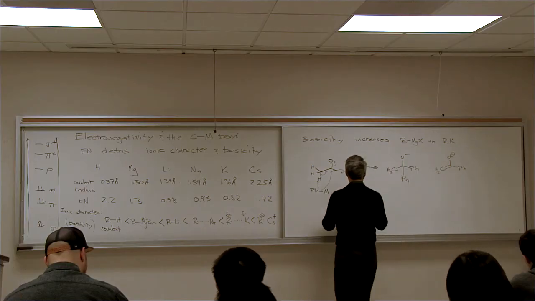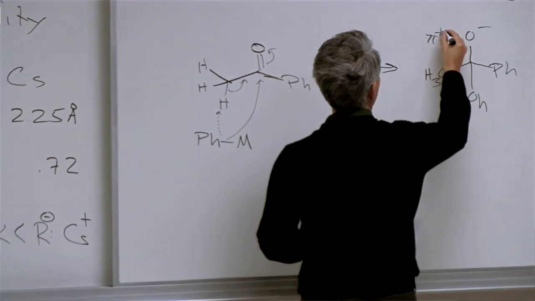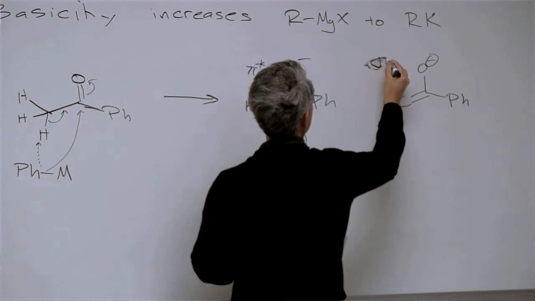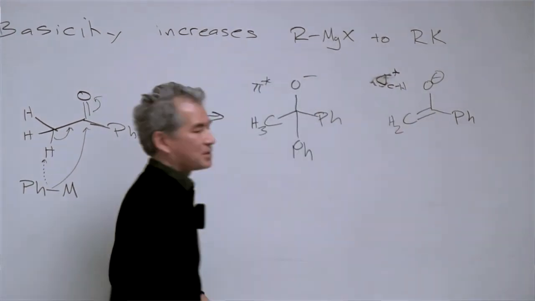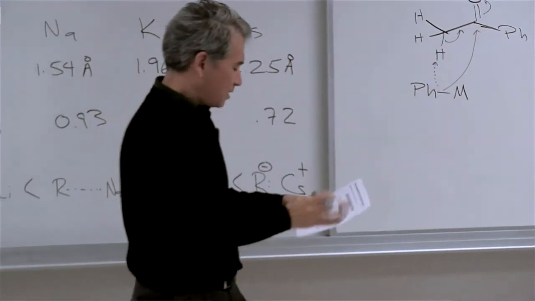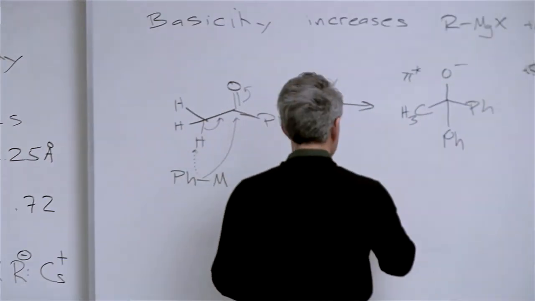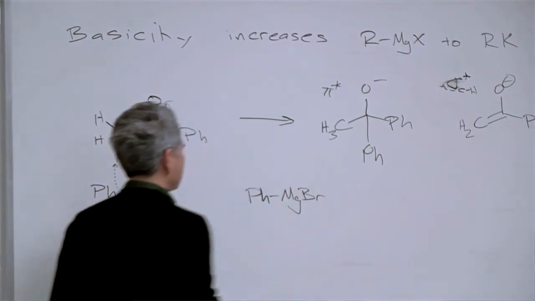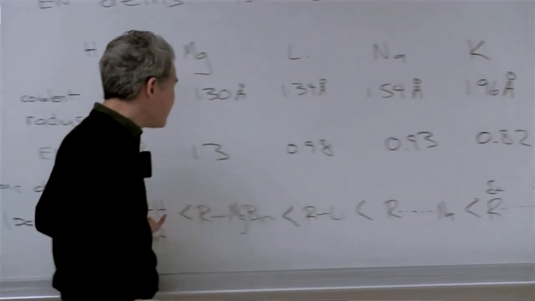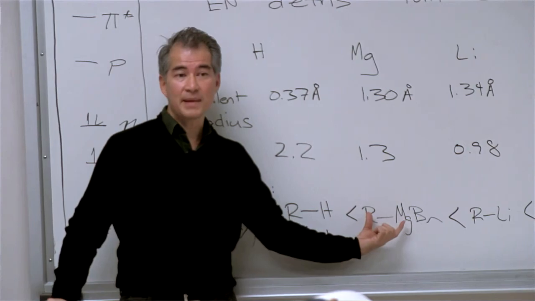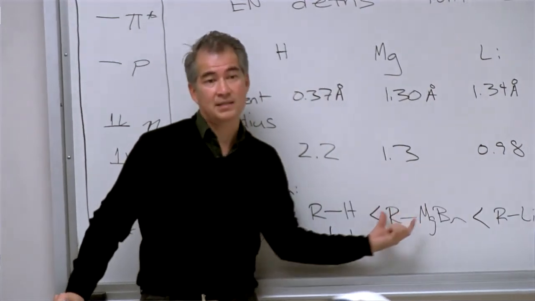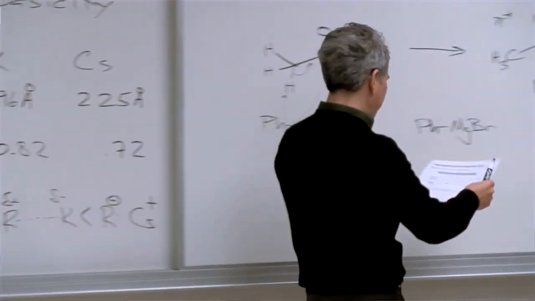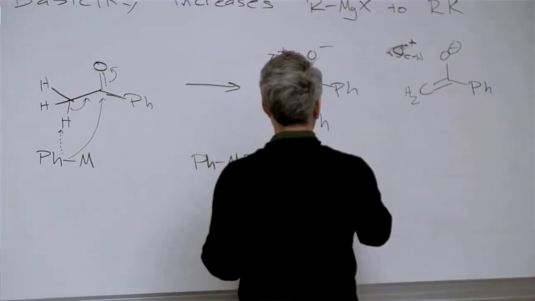Let's take a look at the ratios of attacking pi star versus sigma star. Sigma star for that CH bond. In other words, deprotonation alpha. What are the ratios of those? I'm going to start over here. If my reagent is a Grignard reagent, let's come back over here to our series of these types of reagents, a bond to magnesium is one of the more covalent types of organometallic bonds. So when I look at a bond between carbon and magnesium,